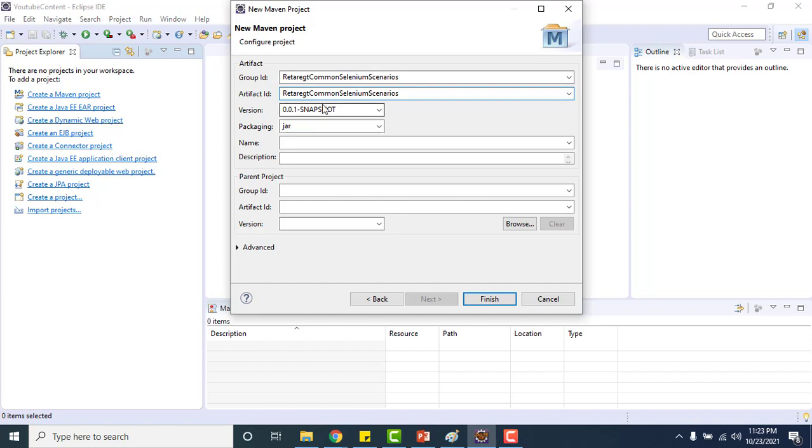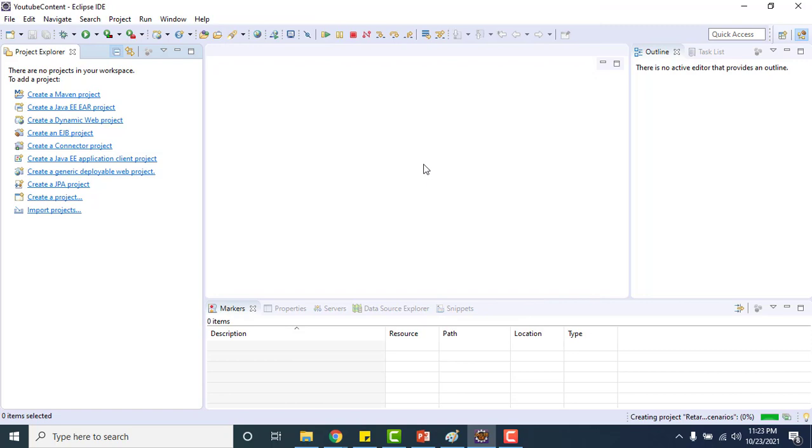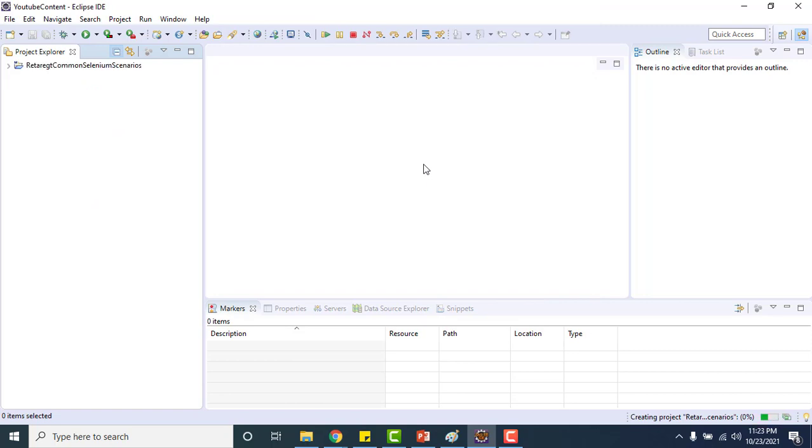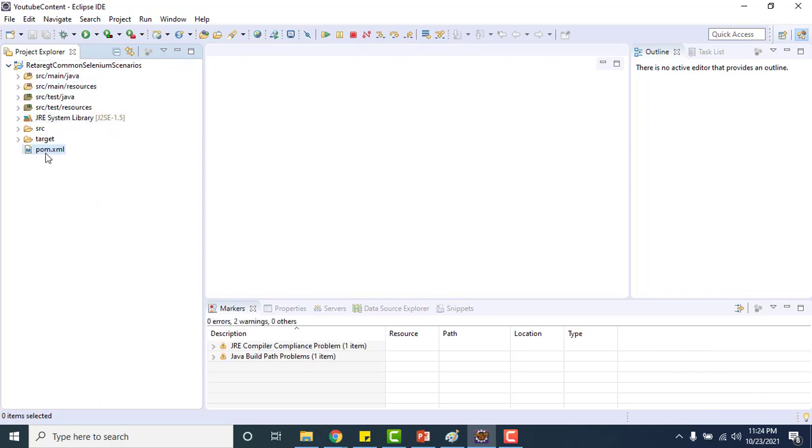Okay, I will give the same group ID and artifact ID, and then I will click finish. Since we need to write some Selenium code here, I will go to pom.xml and add the Selenium dependencies.